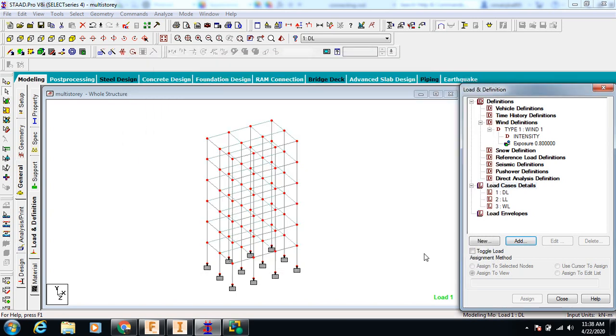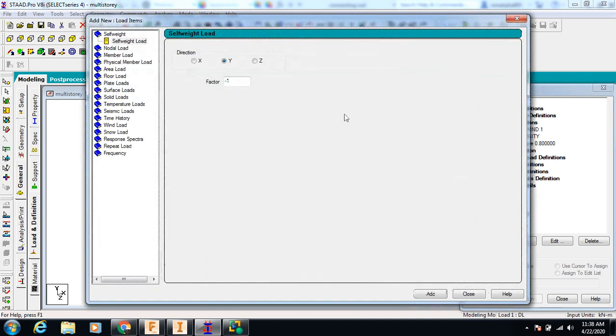Just add here again and close. So first we will click on the dead load and we'll add. So for the dead load, what we will consider first is the self weight of the vehicle with the factor of, consider -5, or sorry, -10, -5. Why minus? Because the load is acting downward. The minus sign shows the direction of the load acting.